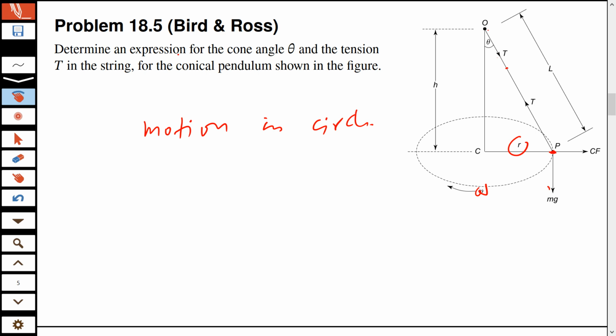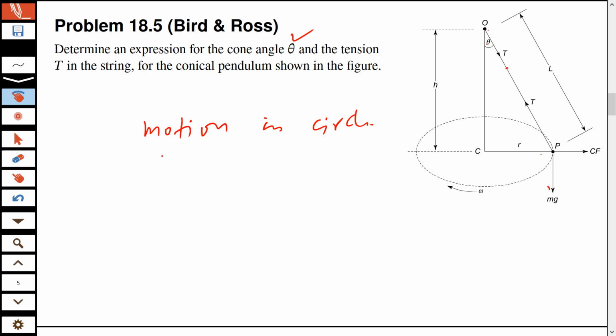So if you want to determine an expression for the cone angle, this is your cone angle, because the motion seems to be in a cone, ये 3D में ये कौन बन जाता है आपका, because this circle is a plane normal to this line, okay, so that's why it's a circle, it's a cone with this circle as a base and this as the normal for the cone. तो अब यहाँ पे आप क्या करेंगे,